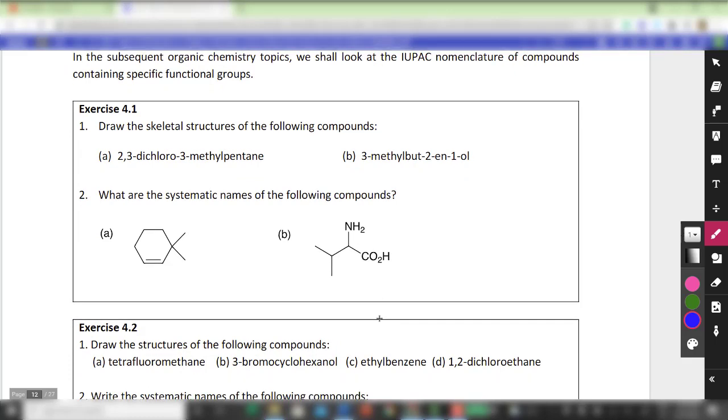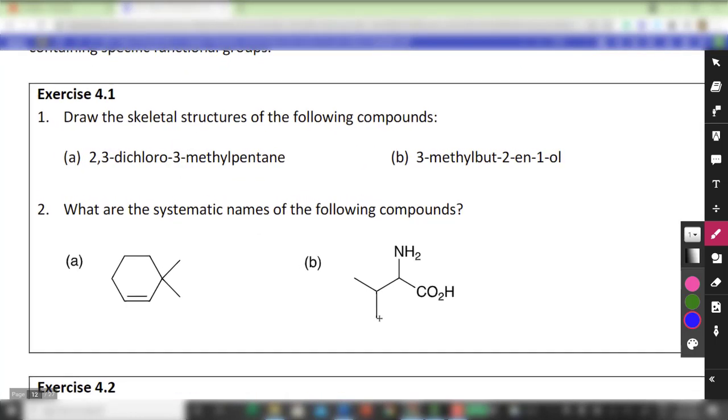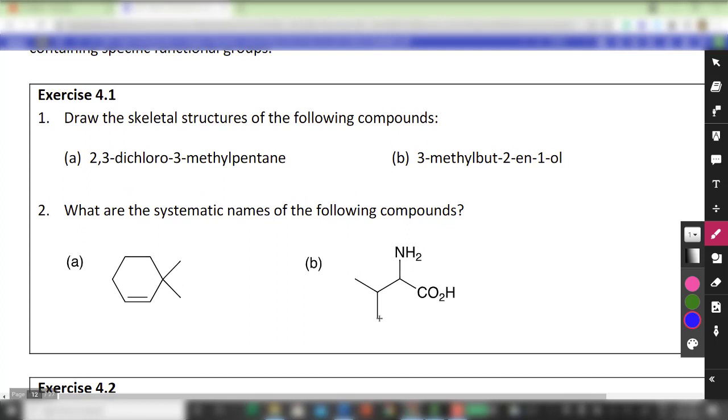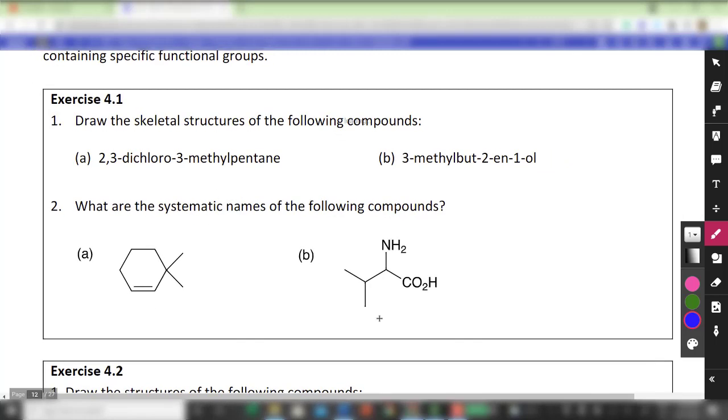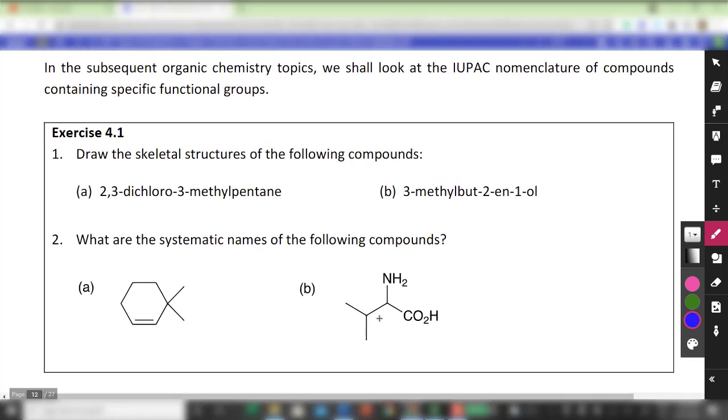Okay, for exercise 4.1, we are just going to go into drawing. I'm actually quite tempted to just copy this into ChemDraw and then the structure will just come out. But we'll do the naming and the drawing together. Okay, so the first thing is